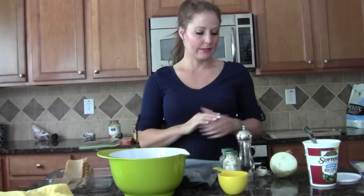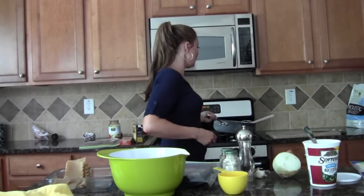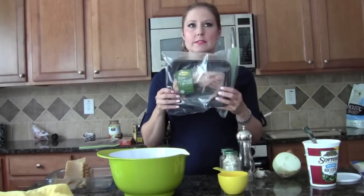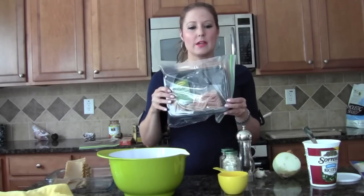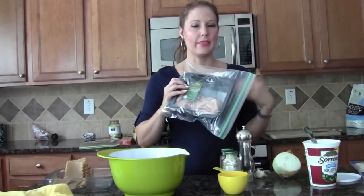I also sauteed about a 1/4 cup of an onion and also 2 small cloves of garlic. I sauteed that on the stove in a saute pan like this. I put a little olive oil in there. I sauteed them. Then I added about half a package of this ground turkey I got at Whole Foods. It's ground turkey breast. It's the white meat. This is the lower fat. It's very lean. So I added about half of the package of this, sauteed it till it was cooked, and then I added